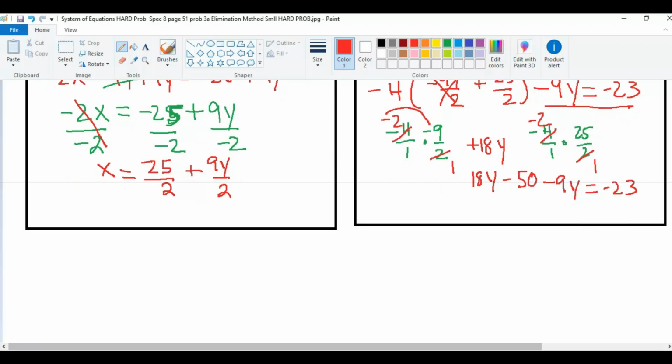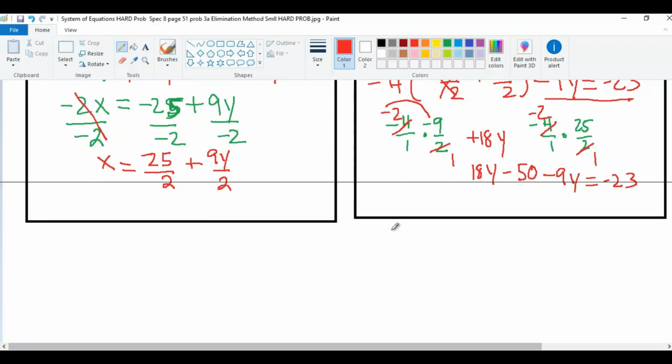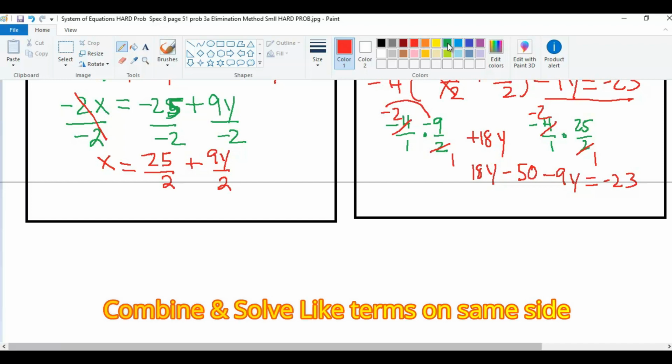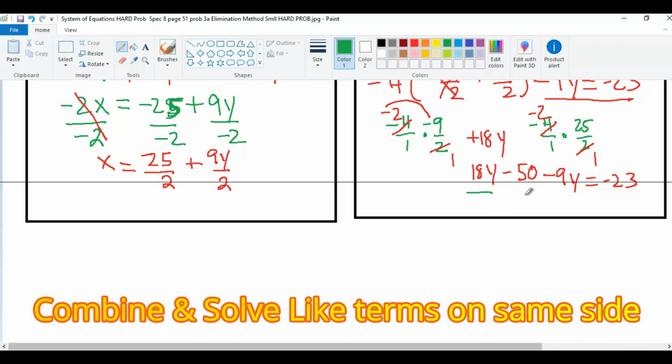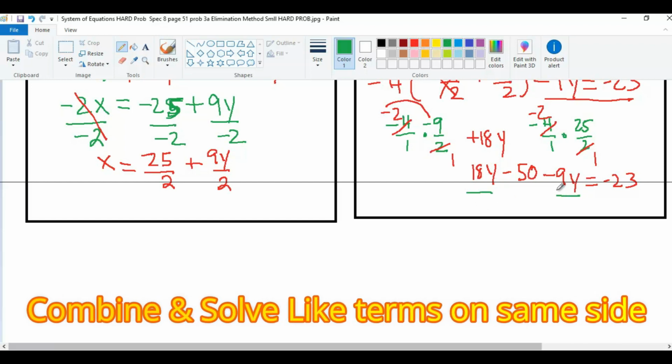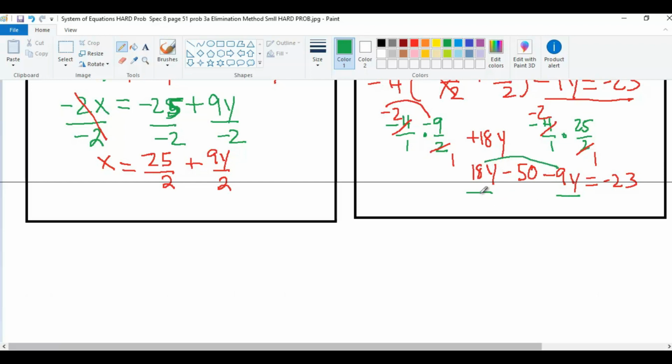I'm going to continue it down here. Don't want to confuse you now. So we keep our problem moving. When we look here, we have like terms, the 18y and the 9y. And if those signs are different, yes, you must subtract. So we should get 9y minus 50